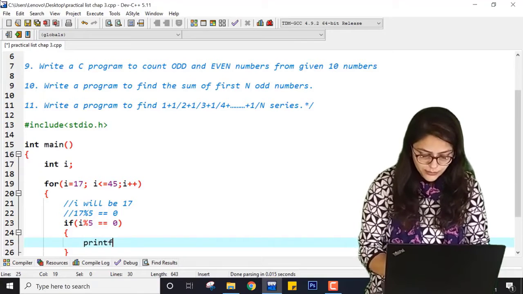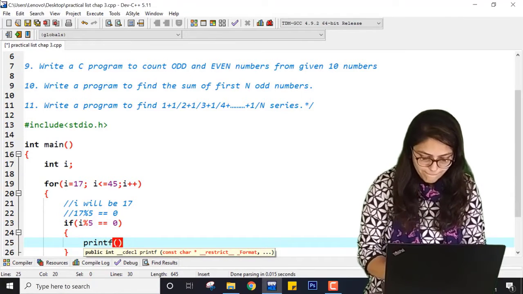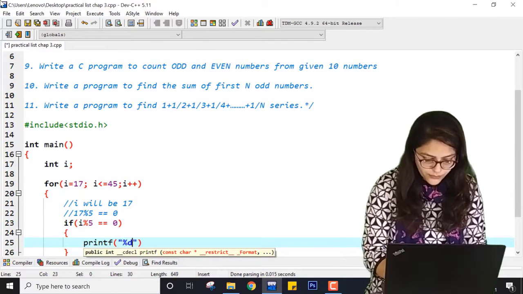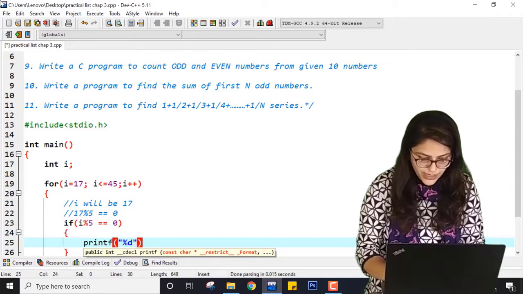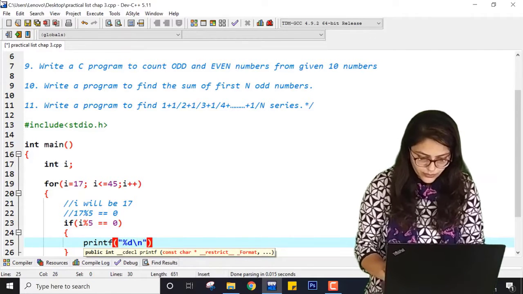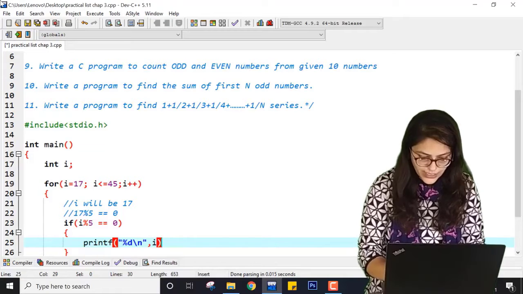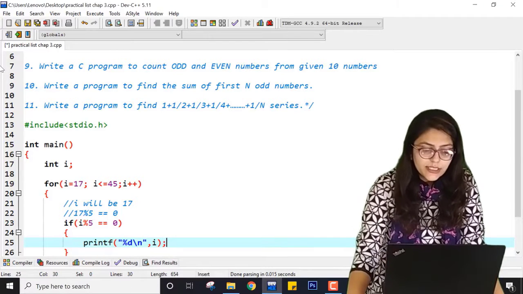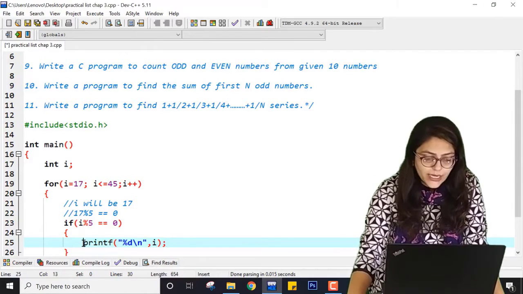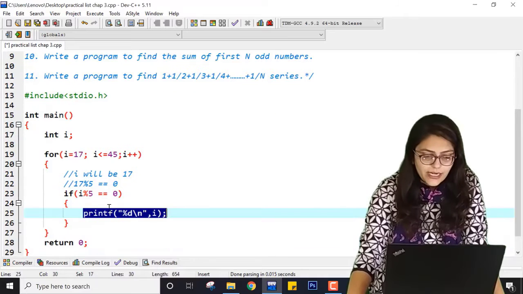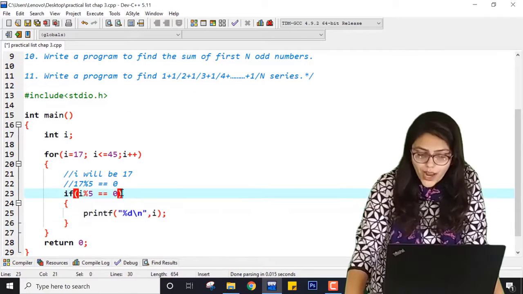So printf the value of i, using %d and i. This i is printed only when it is divisible by 5.